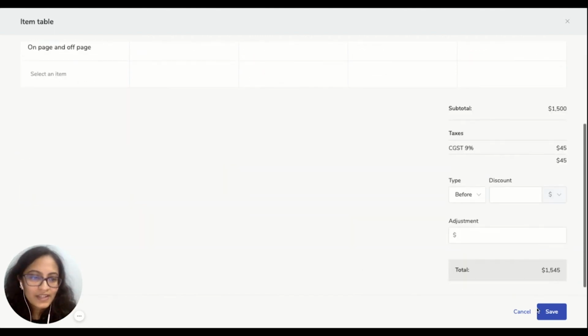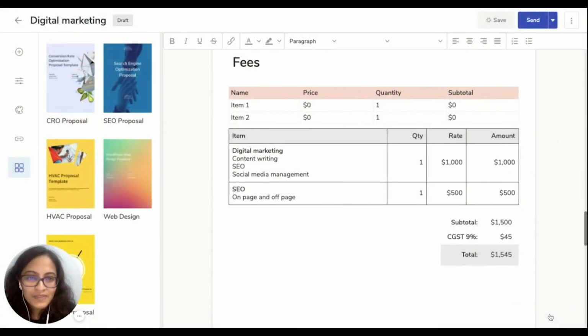Now similarly, when I click on save, it will be seen on my proposal. So this becomes very easy while you are creating your invoices and your proposals, and this can be edited anytime. So it's really helpful. So in this way you can use your items table efficiently.